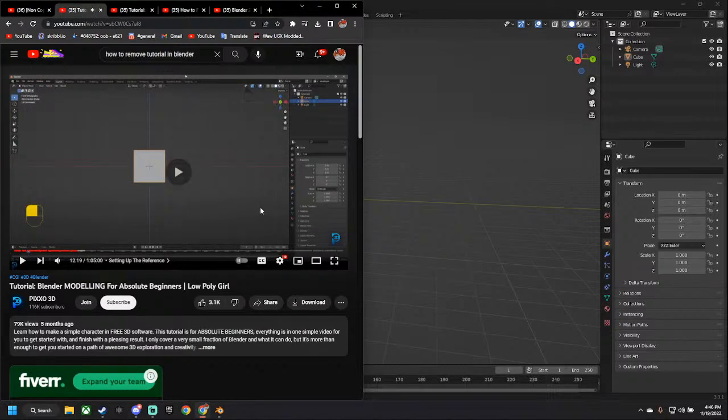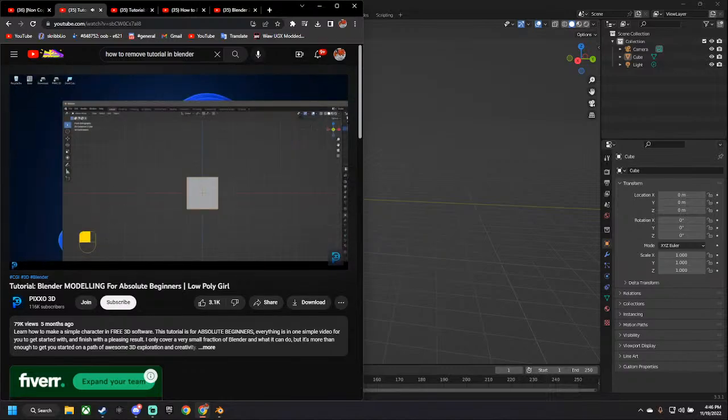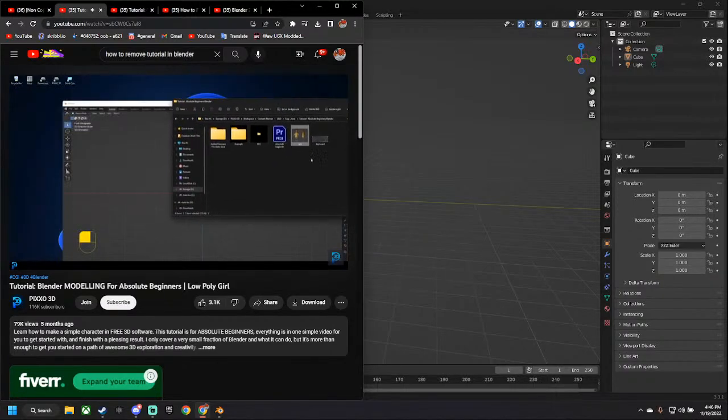And what you're going to do is get that image that you should have taken a screenshot of. In this case, I have it somewhere on my computer. I just named it Girl, and you're just going to click on it and drag it into the front orthographic view. Make sure not